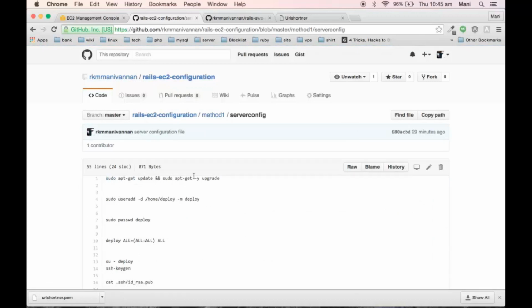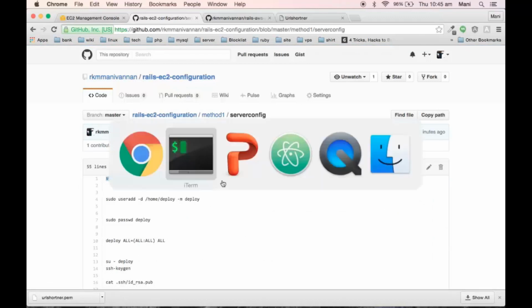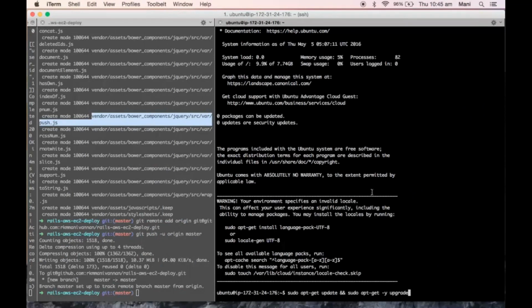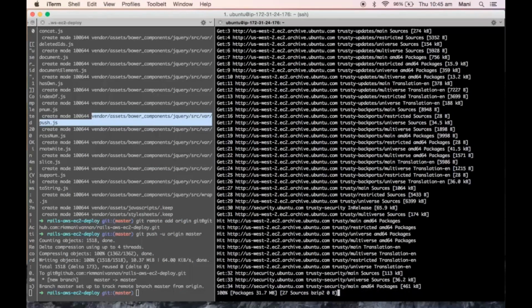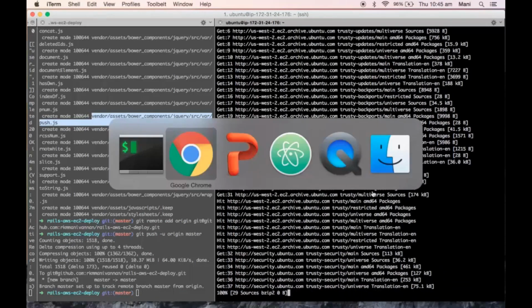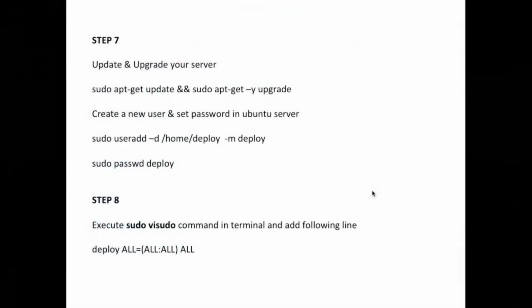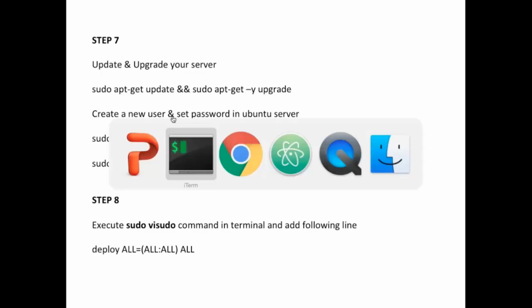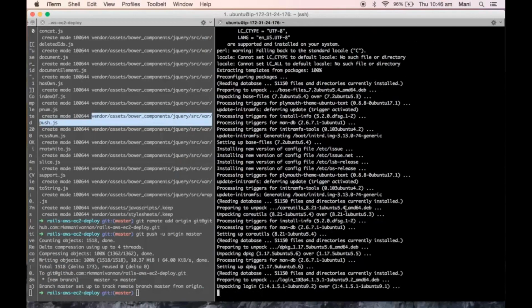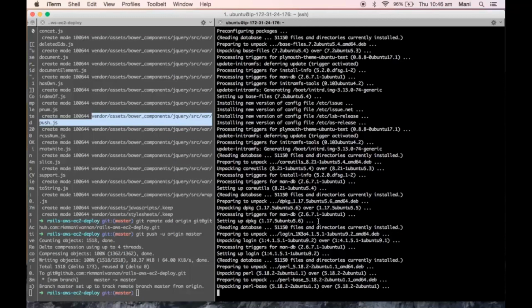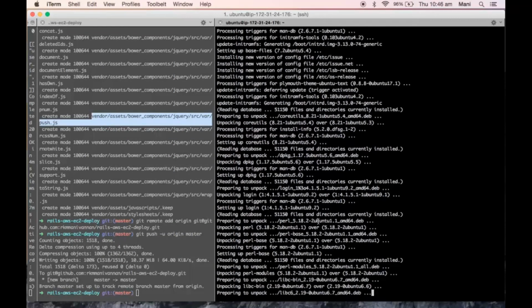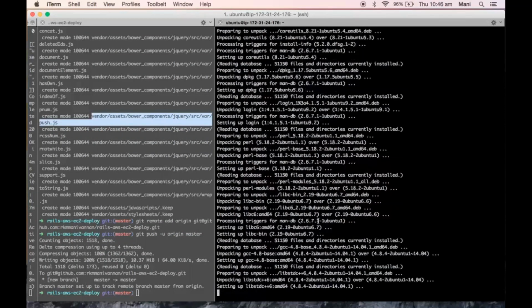So I need to upgrade the server. Now we are updating. Next step is we need to create a new user and set a password on the Ubuntu server. Now we will see how to do that. Now it's updating. It will take a couple of minutes.